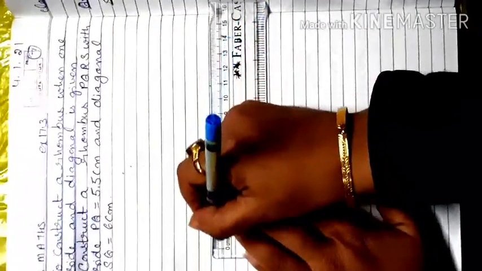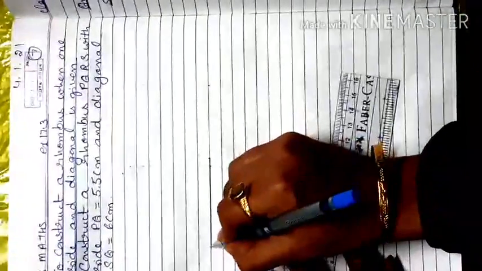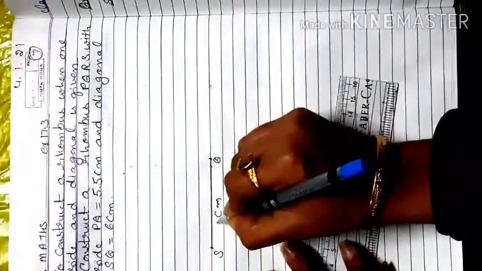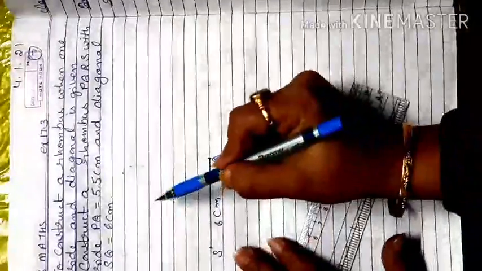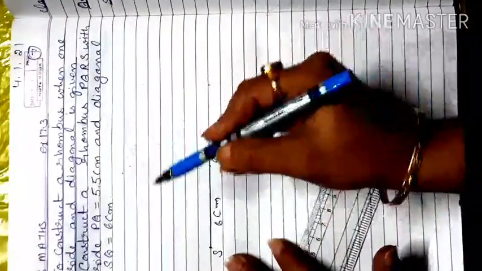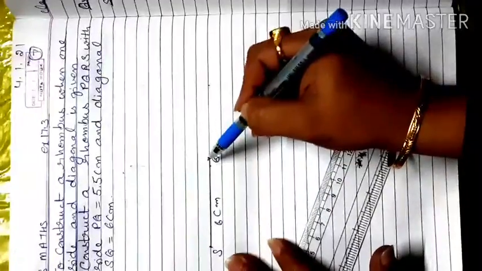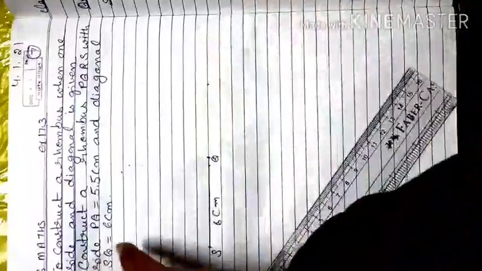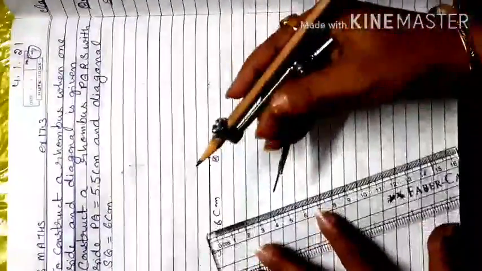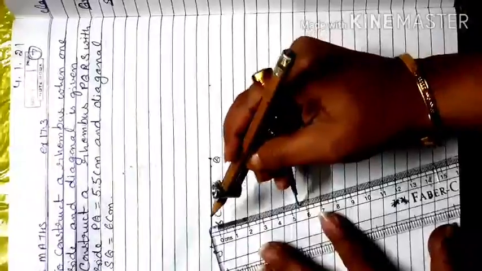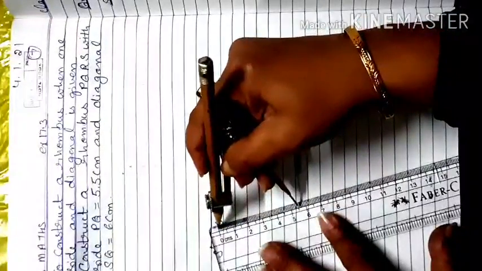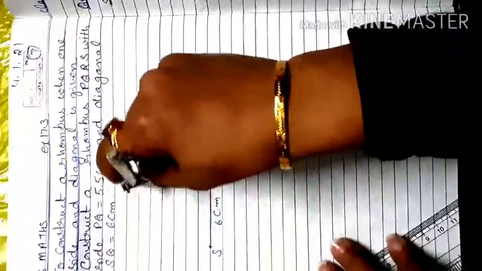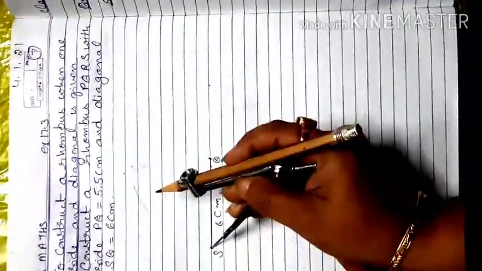So this is your 7th question of exercise. So this is SQ as 6 centimeter. So this is your diagonal. Okay, so here is the one point P. Because in rhombus measurement of whole side is same, from P to Q and P to S, your distance is 5.5 centimeter. So what you will do, you just open the compass as 5.5 centimeter here. So I will mark from the scale, open the compass 5.5 centimeter, as Q as a center, mark the arc at the distance of 5.5 centimeter, and with same